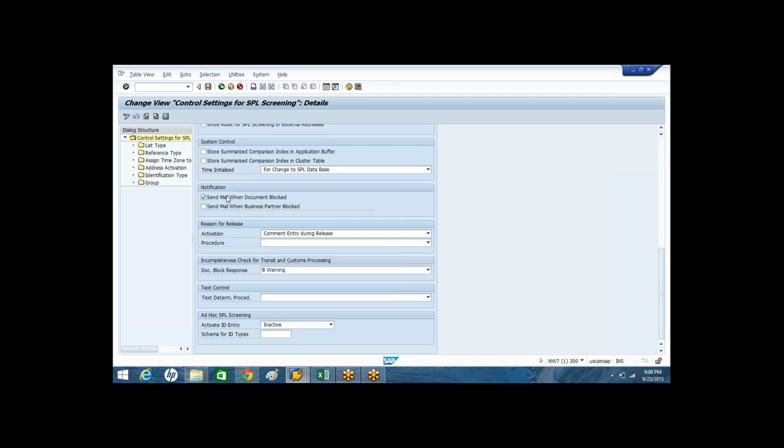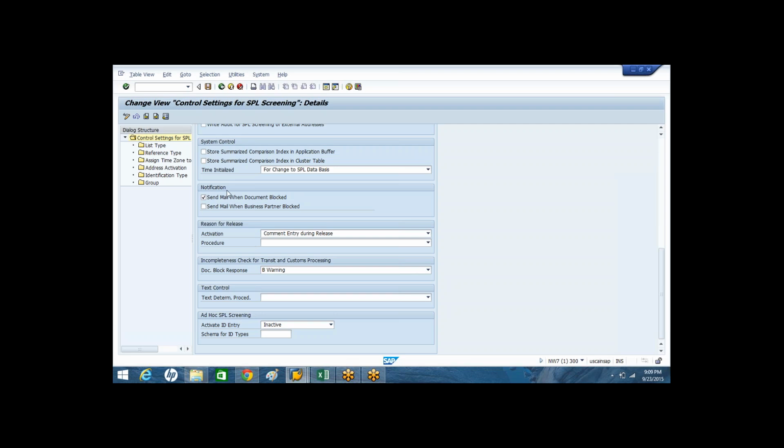So for example, as part of screening, if the system blocks a custom transaction, and your users would like to receive an automatic notification whenever a transaction is blocked for SPL screening, or whenever a business partner is blocked for SPL screening, if your client would like to receive an automatic email notification, then you have to activate this configuration.